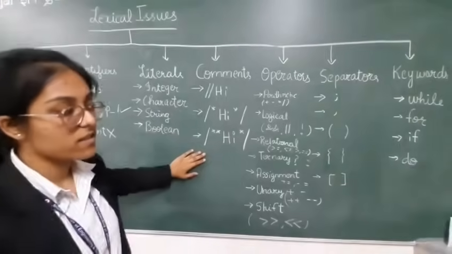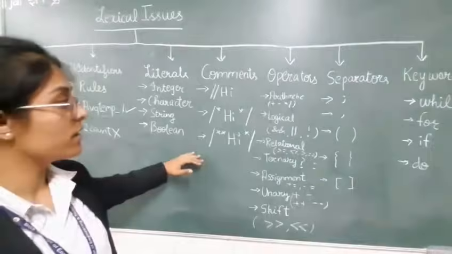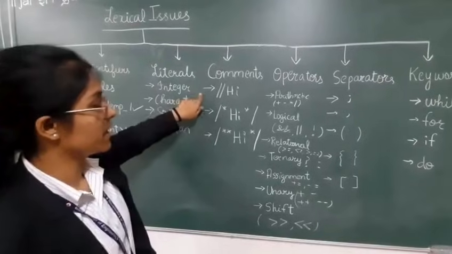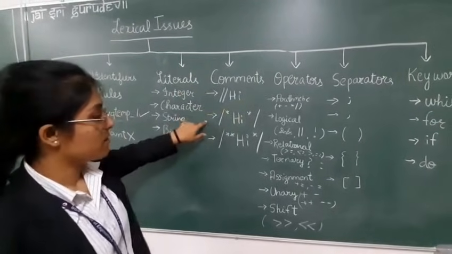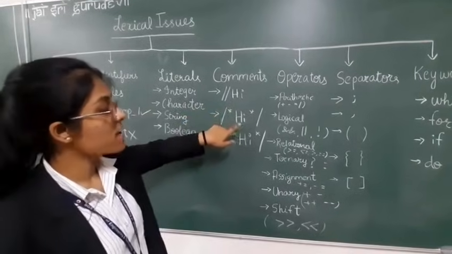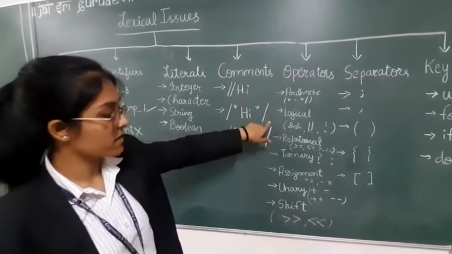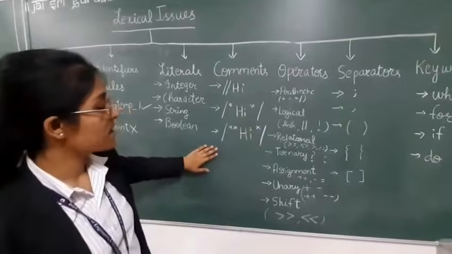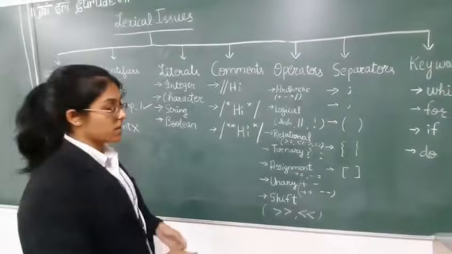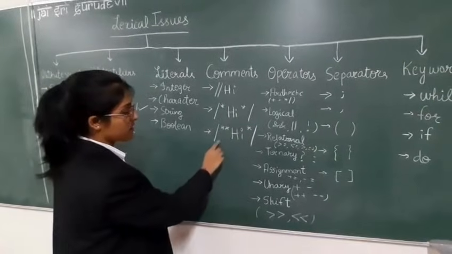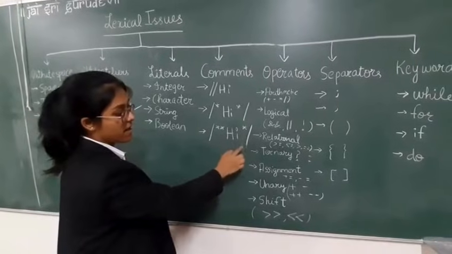Comments, these are just used to make the code easier to read. We have 3 different types of comments. Single line comment, just write 2 slashes and write your content. Multi-line comment, slash, star, write your content, star and slash, that is the way to end it. The last way is the documentation type of comment. It is used for HTML writing. So slash, double star, content, star and slash.